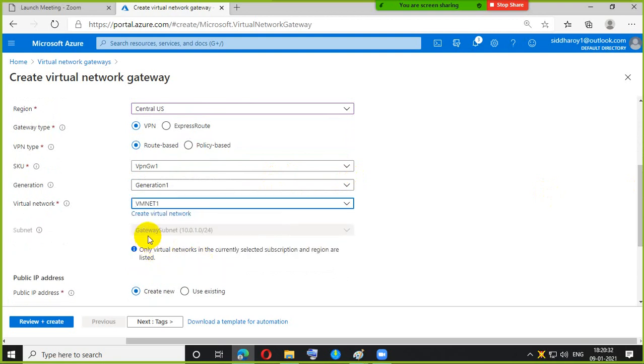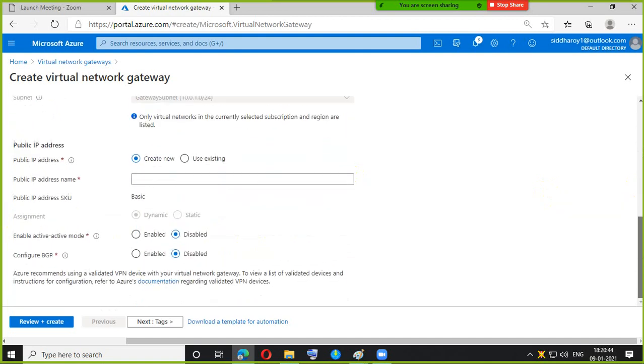Now see, once I select VNet1, the gateway subnet is automatically scanned. Only subnets in the currently selected virtual network are listed. Great. Fine.